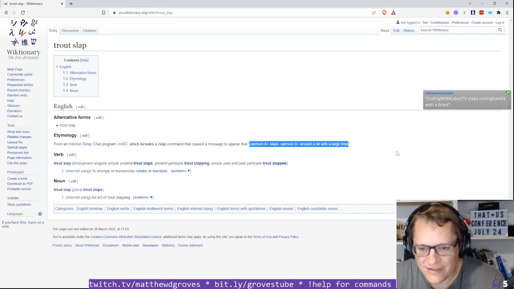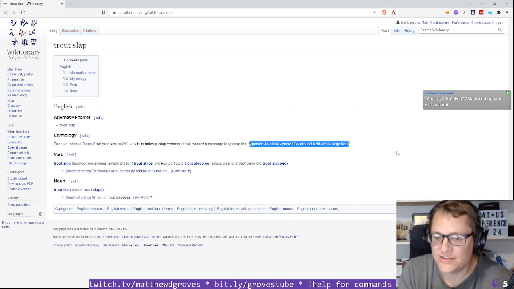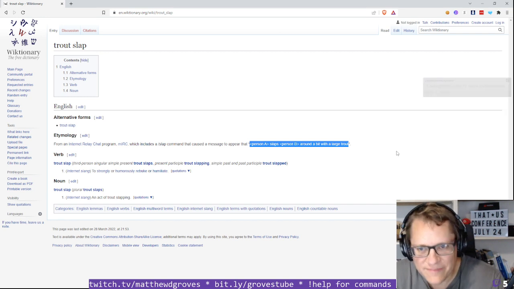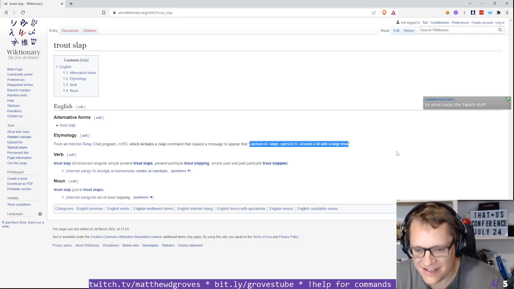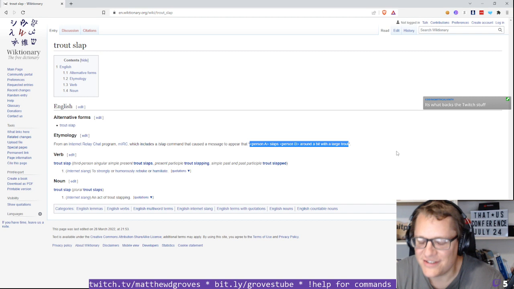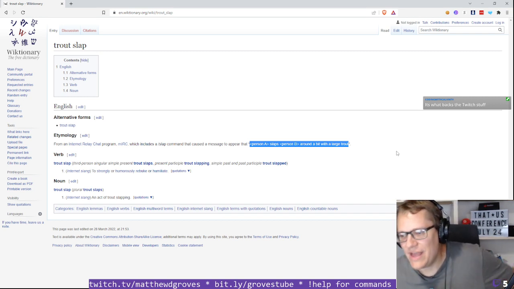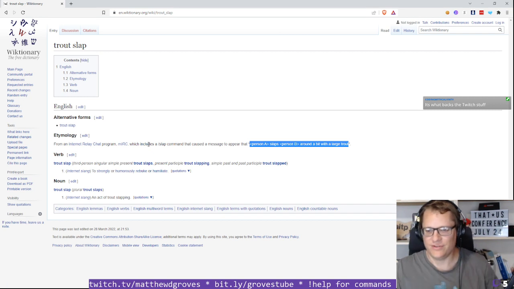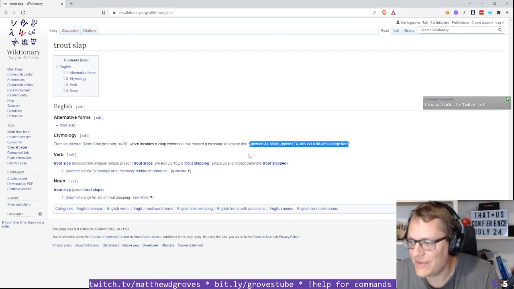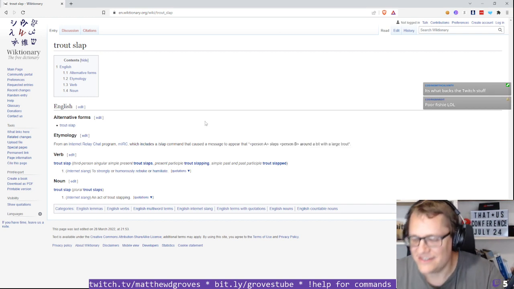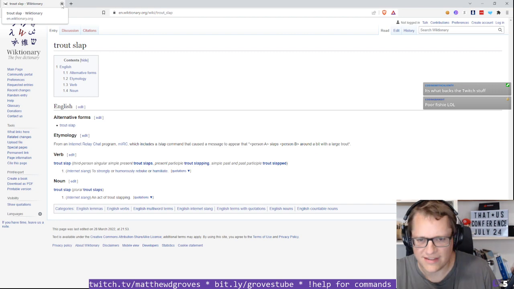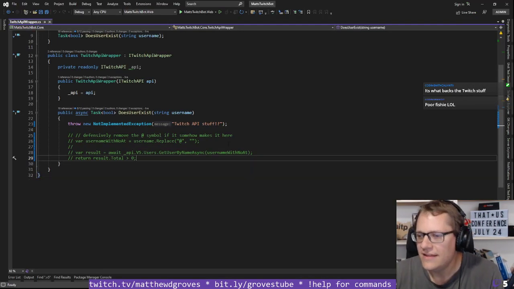IRC is a, well, you probably know what IRC is, right? It's a chat protocol. Before Slack existed, before Discord existed, there was IRC. And actually, if I remember this correctly, the Twitch chat, yes, it does. It backs the Twitch chat. It actually uses IRC still. So MIRC was a client, and IRC was the protocol. But yeah, so I added a trout slap command. So someone slaps someone else around a bit with a large trout is the gist. It's probably a bit of a Monty Python reference, kind of, if you remember the trout slapping dance from Monty Python. I don't know. Anywho,